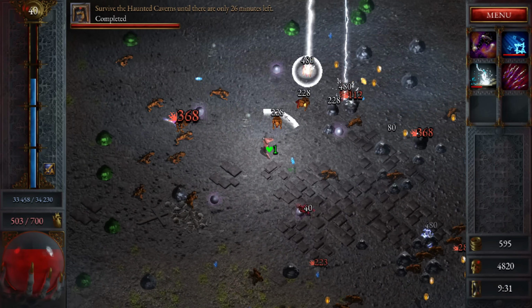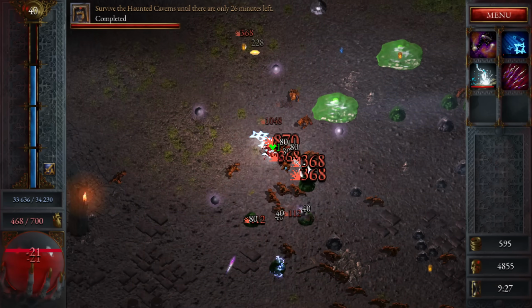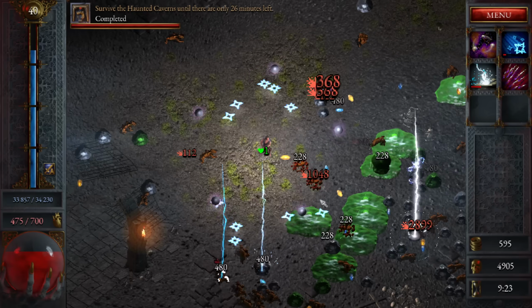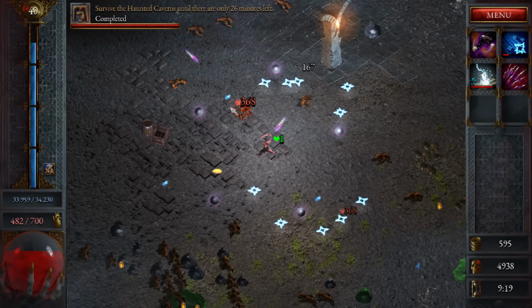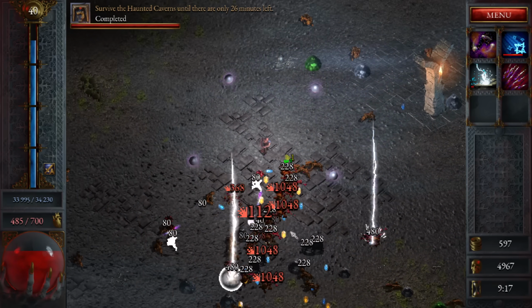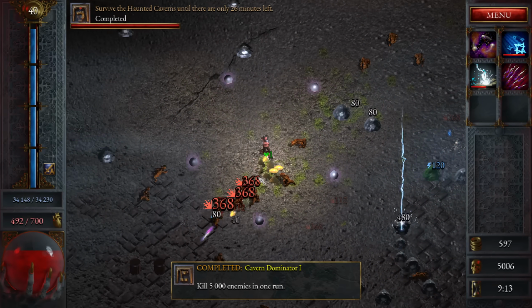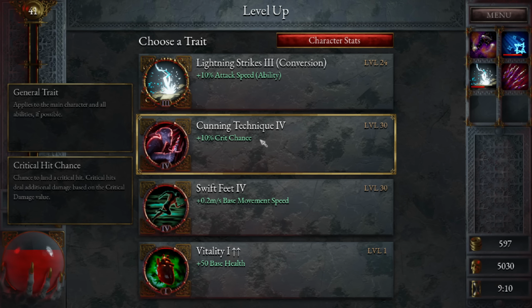All right, so we got fast, angry, growling turkey meat dogs that do a decent amount of damage, like a scary amount of damage. I think the biggest thing about them, though, is they're moving around me clockwise. So if I can find a good flow and not let them bite me, I think we go for crit